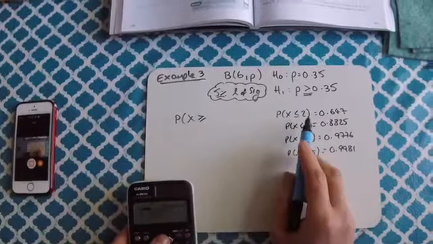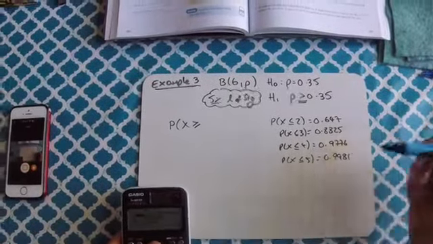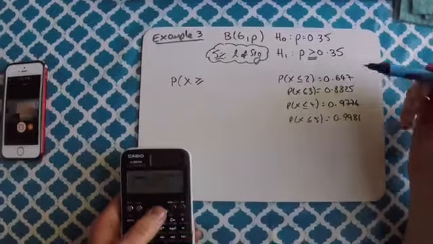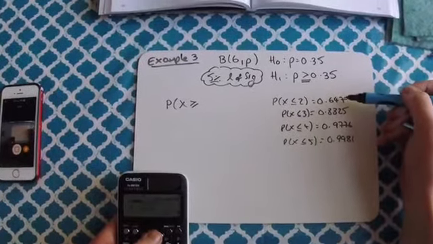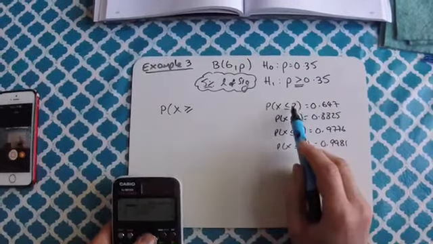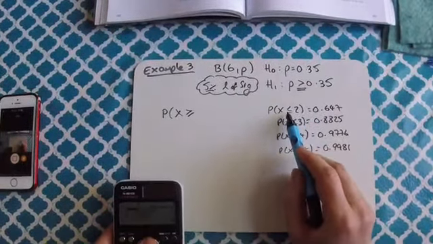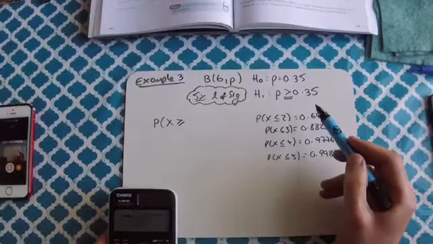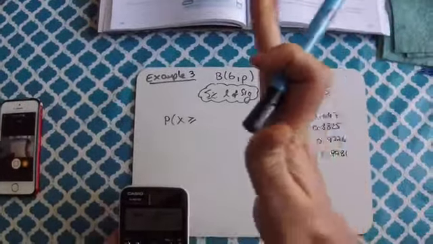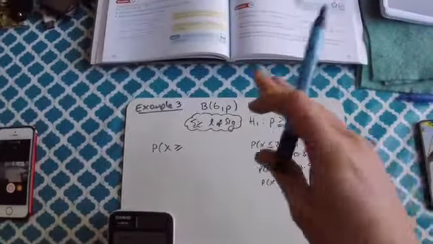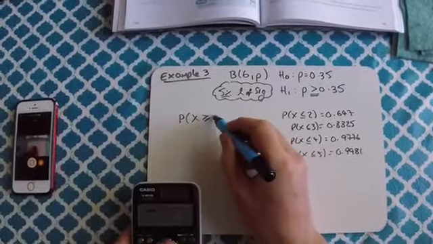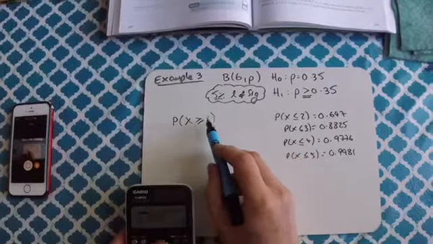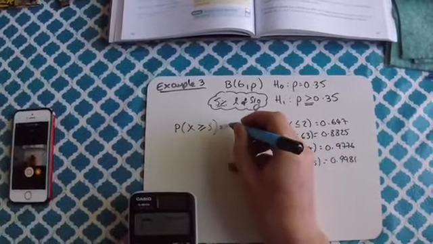So how do we get that? Well, we've got to subtract these from 1. But think carefully. When I subtract this from 1, what am I actually finding? If I subtract the probability of 2 or fewer from 1, what am I getting left with? Well, I've taken out 2, 1, 0, so I'm getting left with 3 and above. So the probability x is greater than or equal to 3 would be 1 minus this,